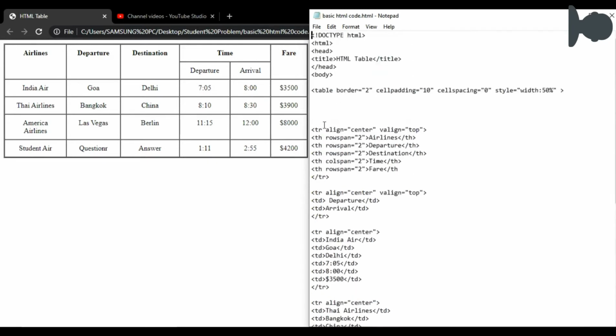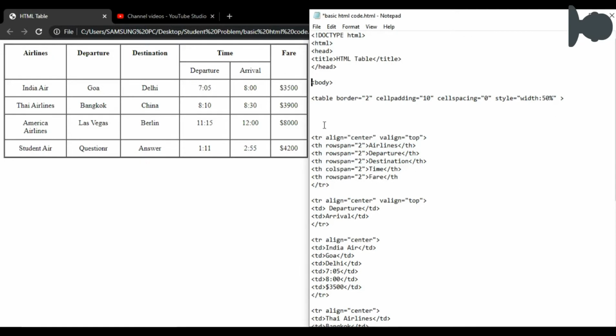So here you can see this is the doctype HTML. Then we use the opening HTML tag, opening head tag, then opening title tag, and then we close the title tag, and then we close the head tag, then we open the body tag. Then this is the table border. We have to specify the table. So here table border is equal to 2 means the